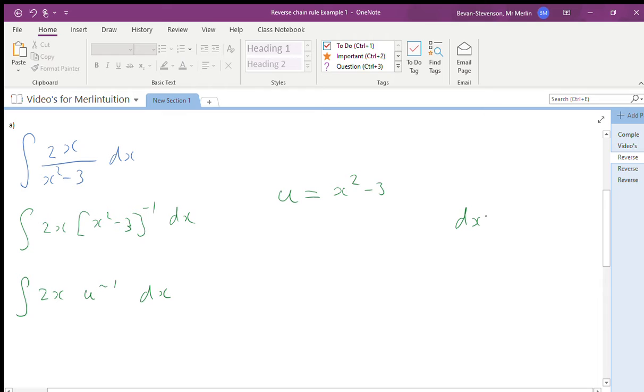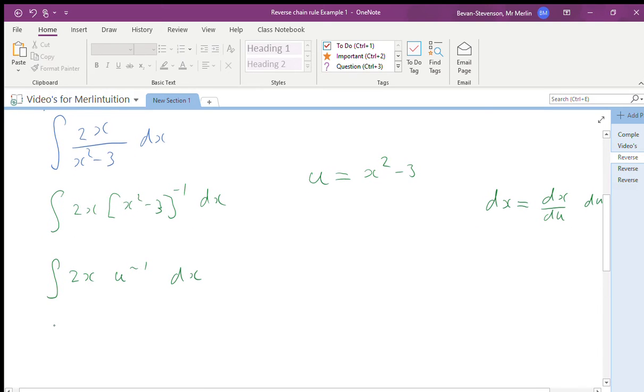Integrating with respect to x is the same as timesing by dx by du and then integrating with respect to u. And so this integral becomes 2x u to the minus 1 dx by du. We don't have dx by du right now, but we do have u in terms of x. And so u differentiated with respect to x is the differential of this side, 2x. We also know from chain rule that dx by du is 1 over du by dx. We have du by dx, so dx by du